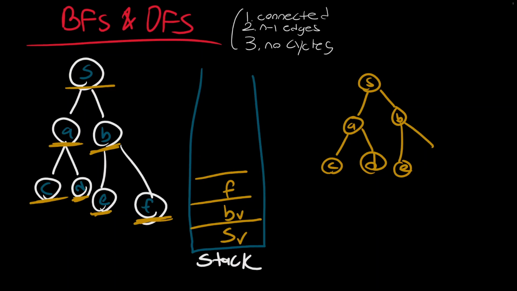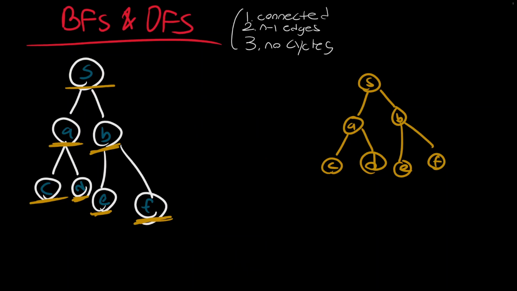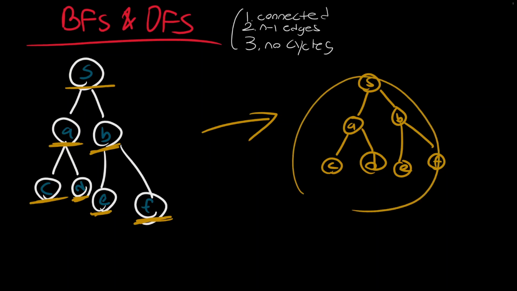We evaluate F. So we finally evaluate F. It has nothing to give. So we see that we've already visited it. We look at the stack again. We already visited it. So in both cases here, DFS does create a tree as well, though the order of traversal is different from